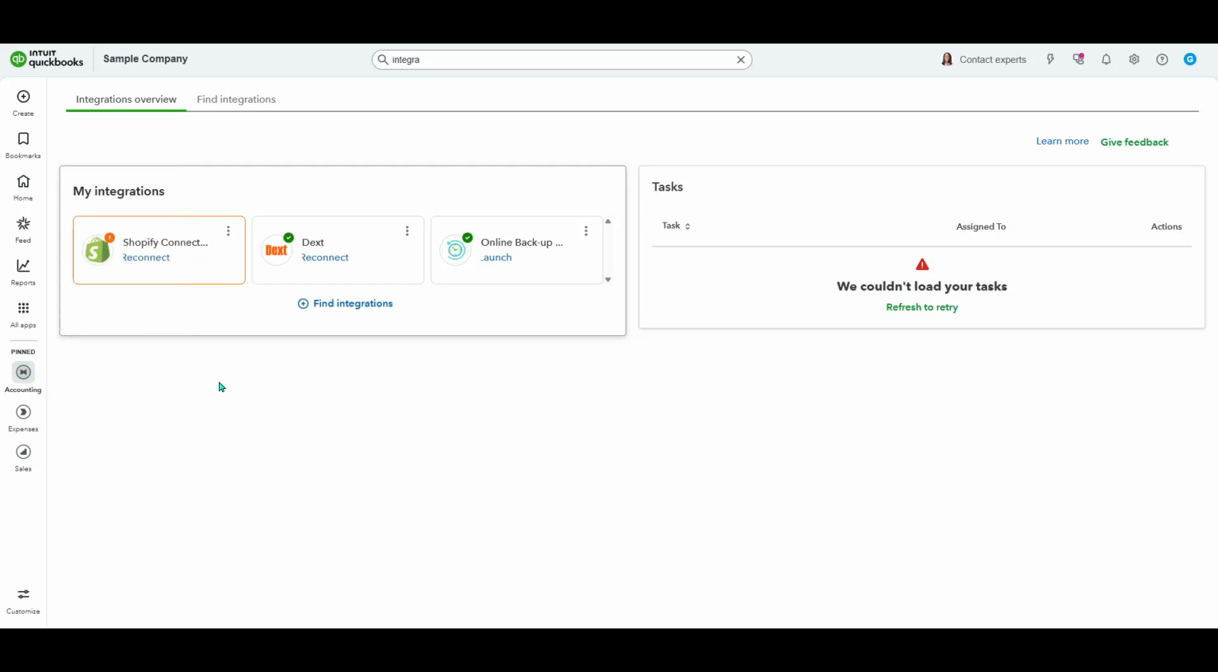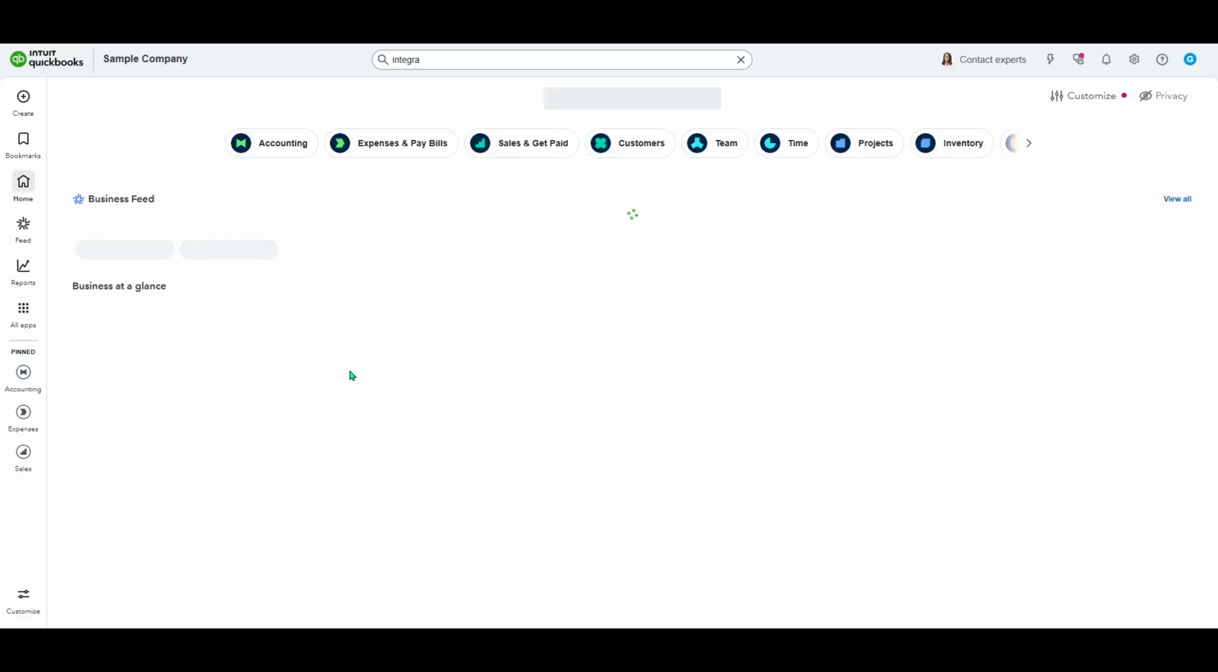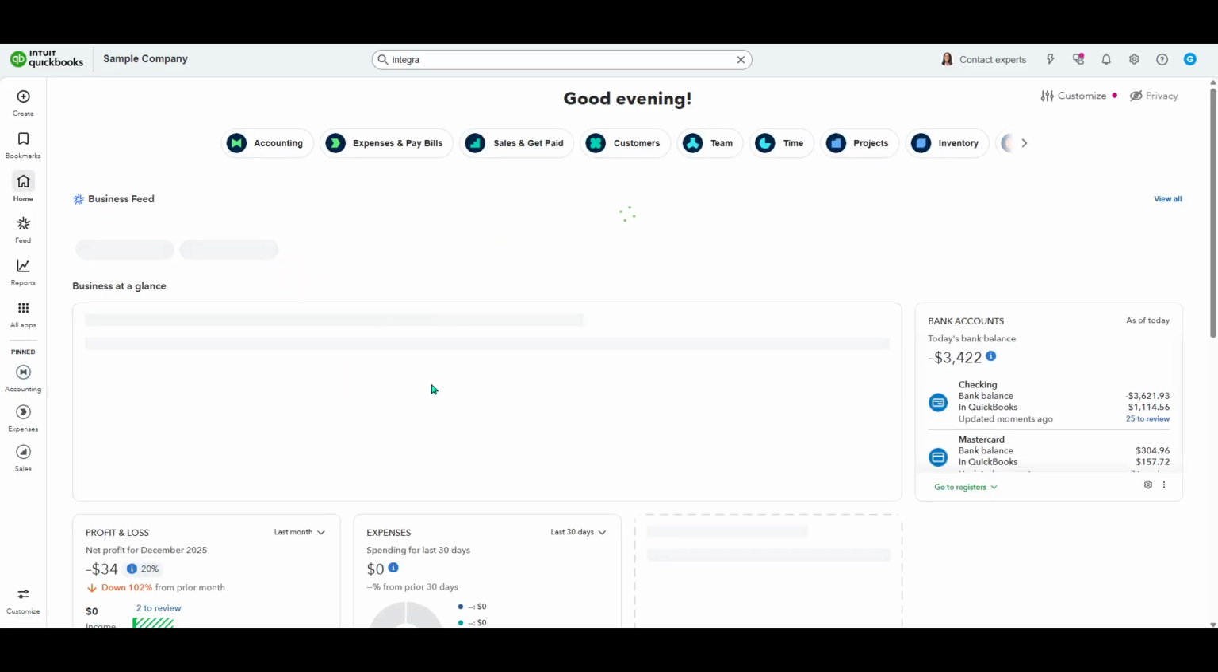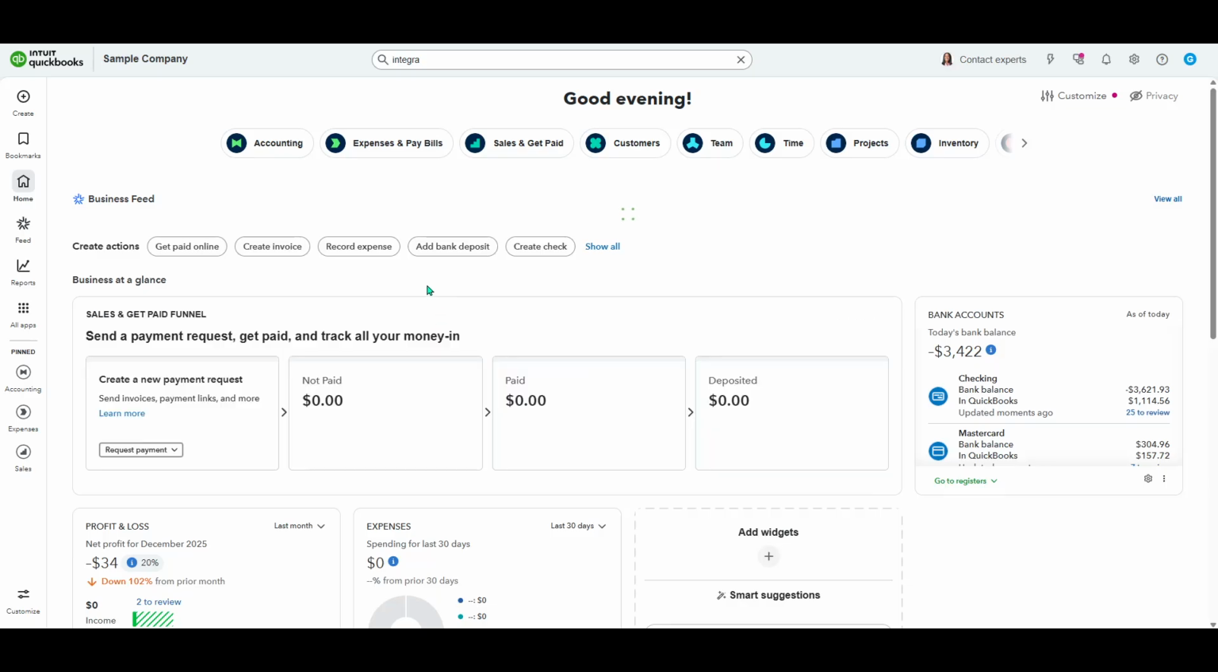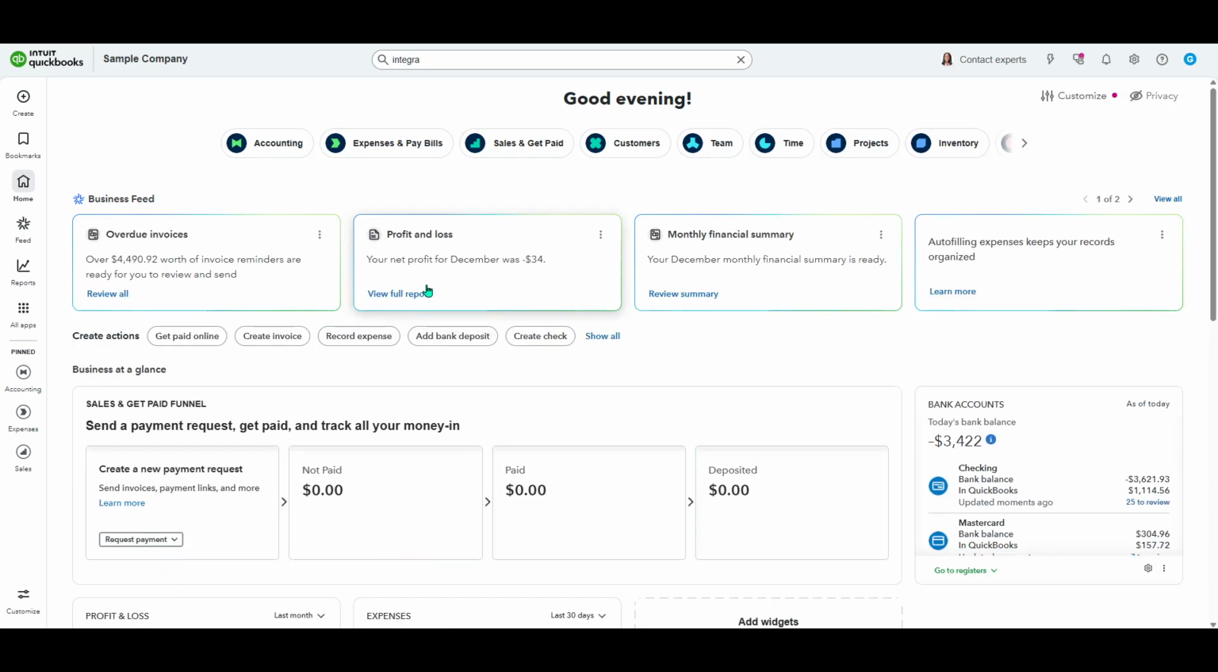In today's video, I'm going to teach you how to manage apps in QuickBooks Online. Quick note before we dive in. What used to be called third-party apps in QuickBooks has recently been renamed to integrations. It's the same idea, tools that connect to your books to automate tasks and share data, just with a clearer